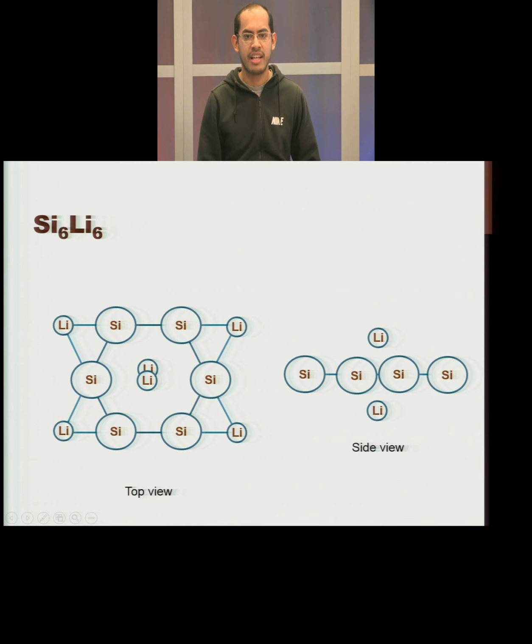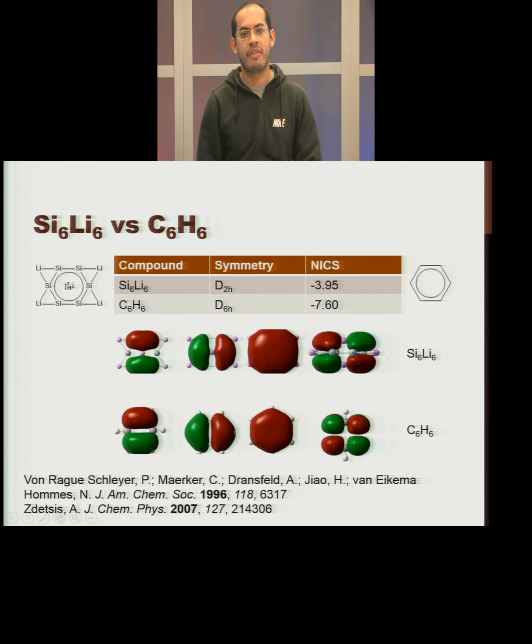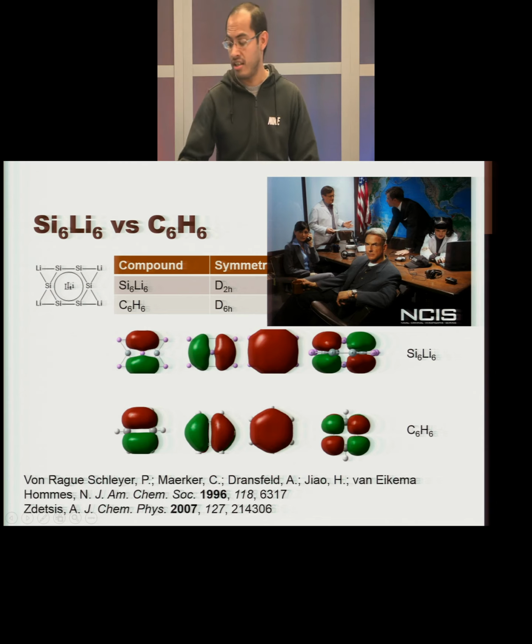Si6Li6 has this D2h symmetry, and using theoretical calculations using density functional theory, better known as DFT, it has been proved that this molecule is a global minimum. Also, by calculations using the nucleus independent chemical shift, or NICS, and please do not confuse it with NCIS, it has been proved that this